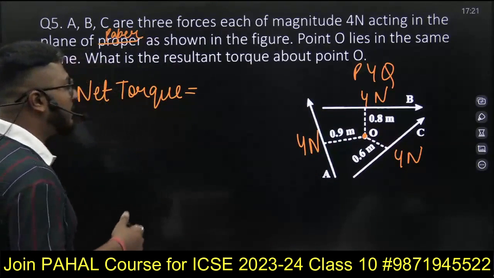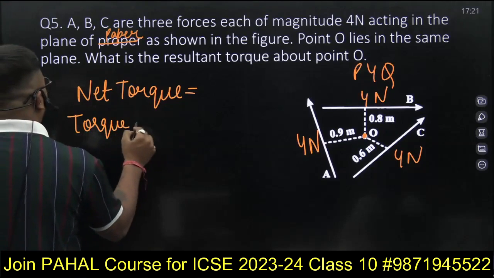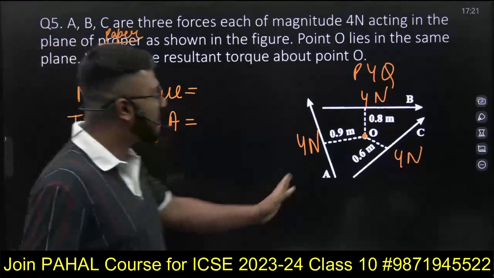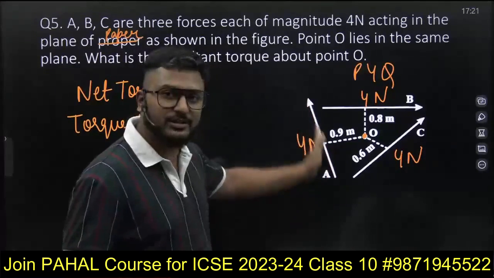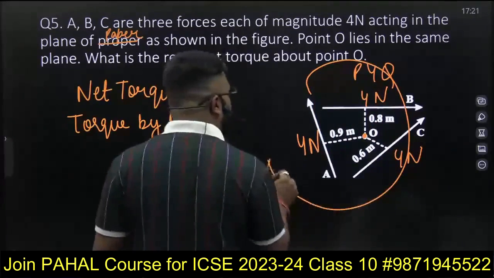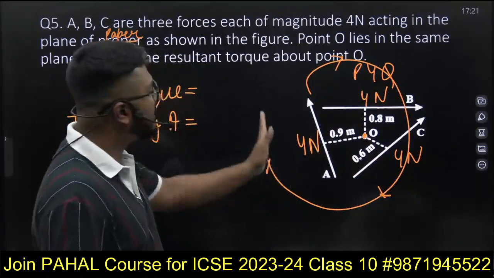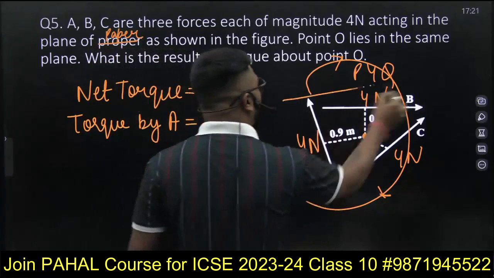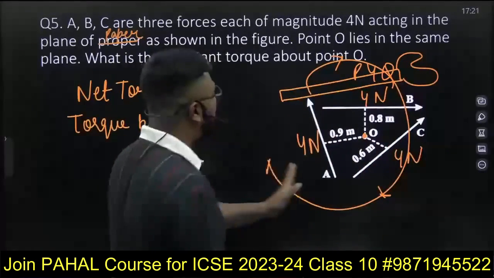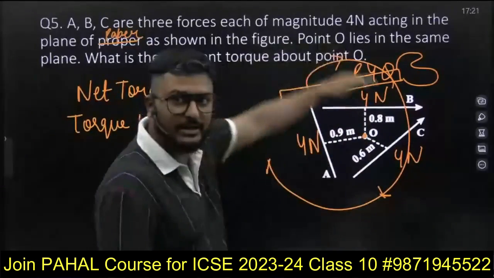So let's see what is the torque produced by force A. Now see, this force A is moving in this direction, right? So in this direction means it will try to rotate the object in this direction, yes or no? बताइए. अगर हम फोर्स इस डायरेक्शन में लगा रहे हैं, सो let's say अगर यहाँ पे कोई ऑब्जेक्ट रखा होता, right? अगर ये हमारा रिंच होता, हम इस डायरेक्शन में फोर्स लगा रहे होते, तो ये क्या करता? ये इस रिंच को नीचे की तरफ इस डायरेक्शन में मूव कर देता, right?